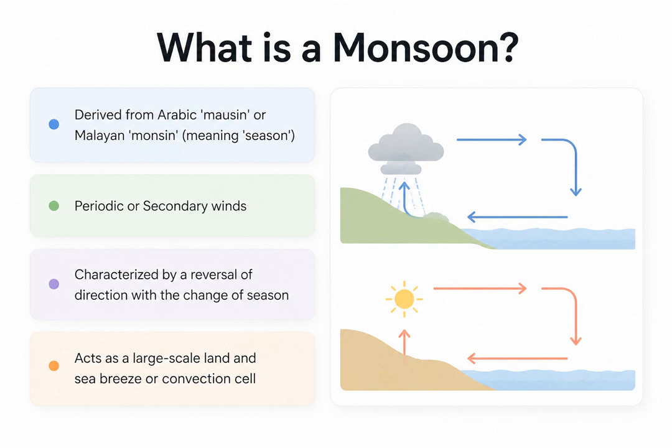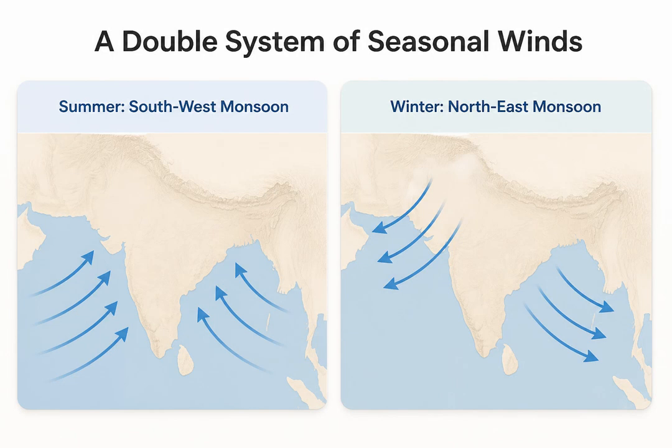which simply mean season. But in meteorology, a monsoon is much more than just a season. It refers to periodic or secondary winds that completely reverse their direction as the seasons change. You can think of them as land and sea breezes, or convection cells, but operating on a massive continental scale. The monsoon is fundamentally a double system of seasonal winds. During the summer, we experience the southwest monsoon winds, which flow from the sea to the land, bringing abundant moisture. Then, as winter approaches, the system reverses. The northeast monsoon winds take over, flowing from the land back out to the sea, bringing much drier conditions to